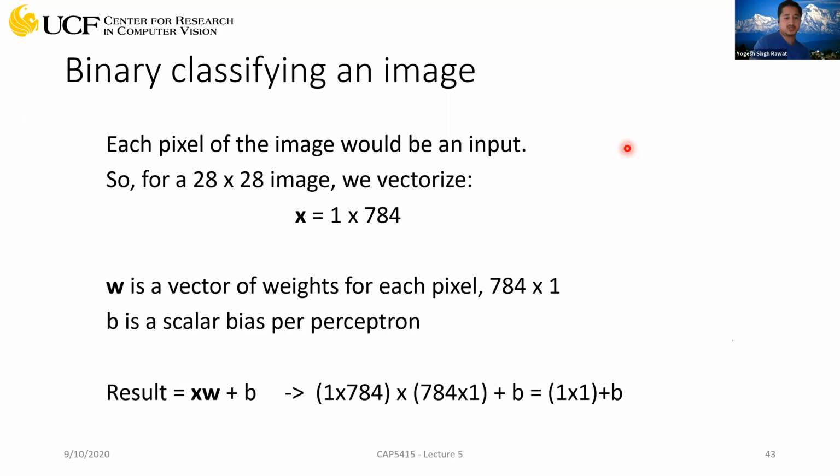But of course, you can make them columns as well. But then you'll have to interchange this multiplication. You'll have to bring the weights first and the inputs to the second position. But right now, I think it doesn't matter. Okay, so